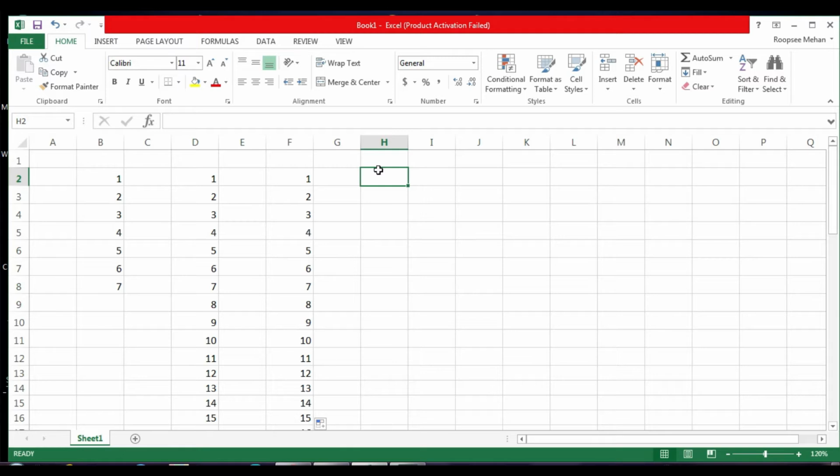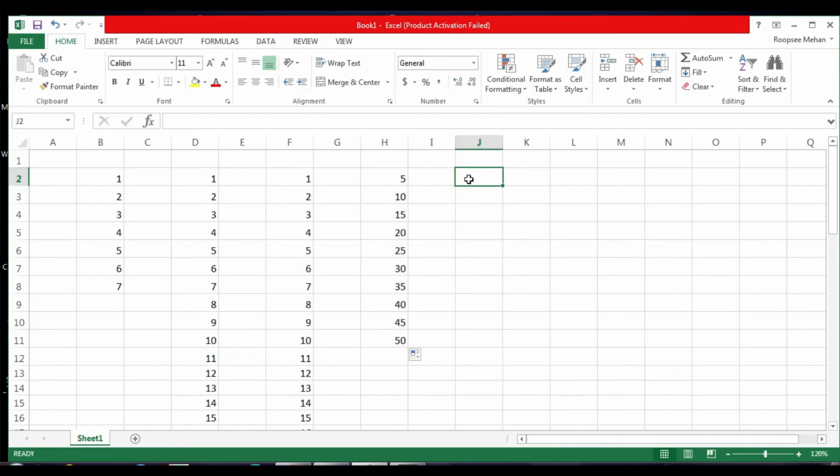For example, I want the table of 5. I'll write the first digit and the second digit of that series. 5 ones are 5, 5 twos are 10. Second step is select it, bring your mouse pointer here and drag it below using the autofill handle. See, I have generated the series of, or we can say multiples of 5.